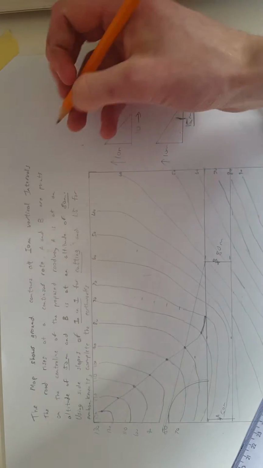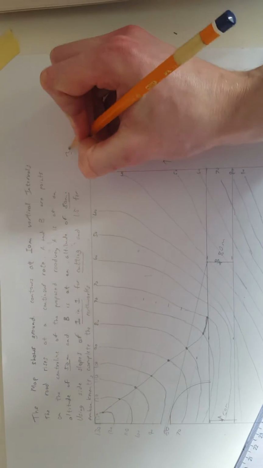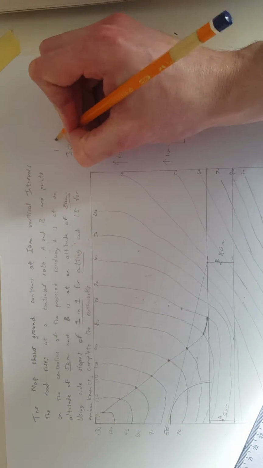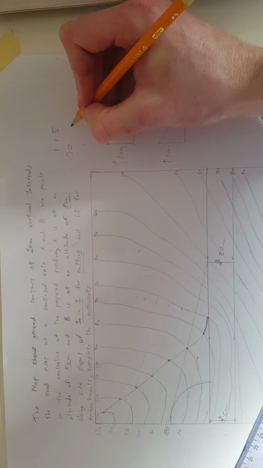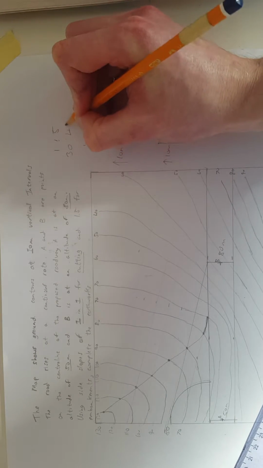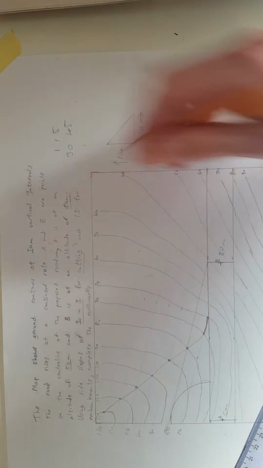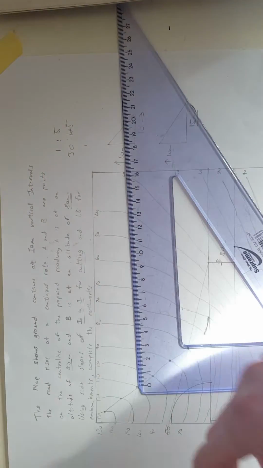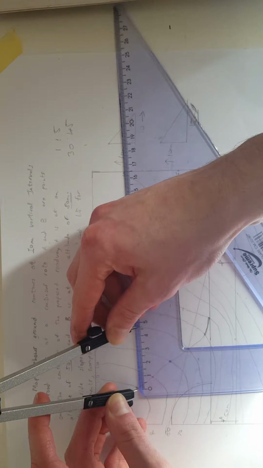So 30 meters at a ratio of 1:1.5. So that's our 1. And then 0.5 is what? Our 0.5 is 15, so the total is 45. Okay, lovely. So now we're going to draw a cone that's 45 millimeters